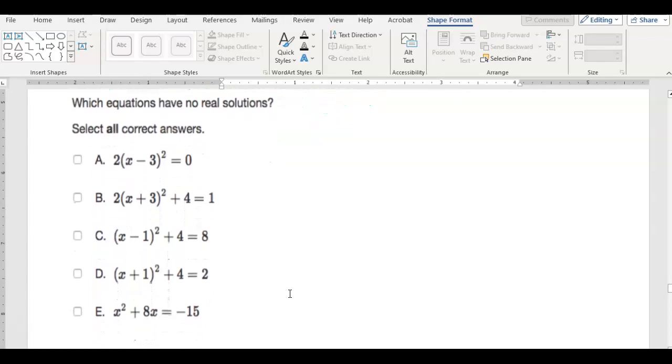So let's take a look at figuring this out. So one, we want to figure out when will this not work, right? And so if I do 0 divided by 2, I will just get 0. And so I'll have x minus 3 squared equals 0. I can take the square root of both sides. That'll be fine. So this looks like it has real answers there. Okay. For this one here, if I go ahead and